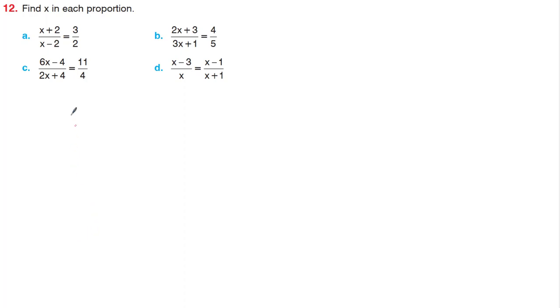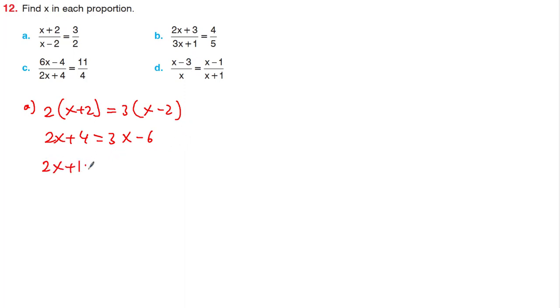And the last exercise from this set, under A, if you cross multiply, you get 2 times x plus 2, 3 times x minus 2. So 2x plus 4 is 3x minus 6. Now, adding 6 to both sides, 2x plus 10 is 3x. Subtract 2x, you get x is 10. Under B,